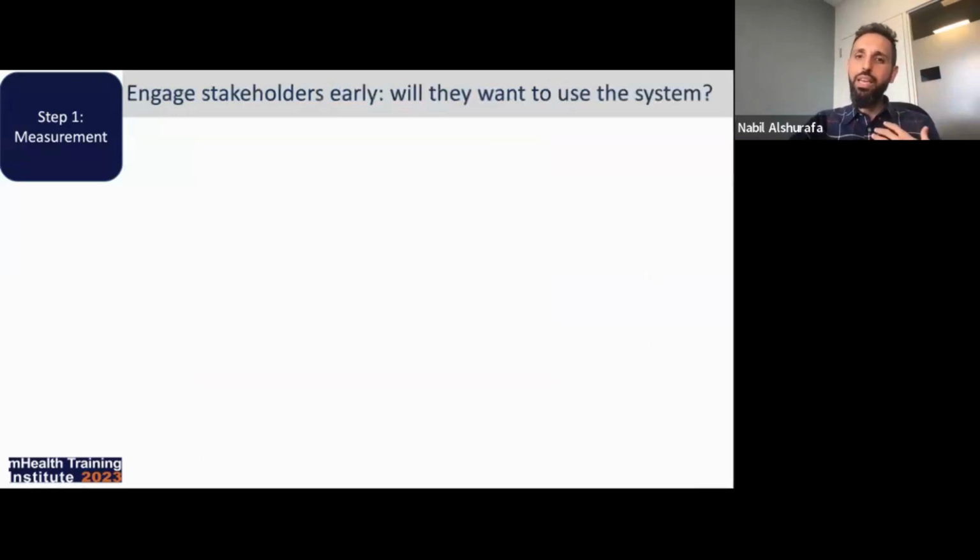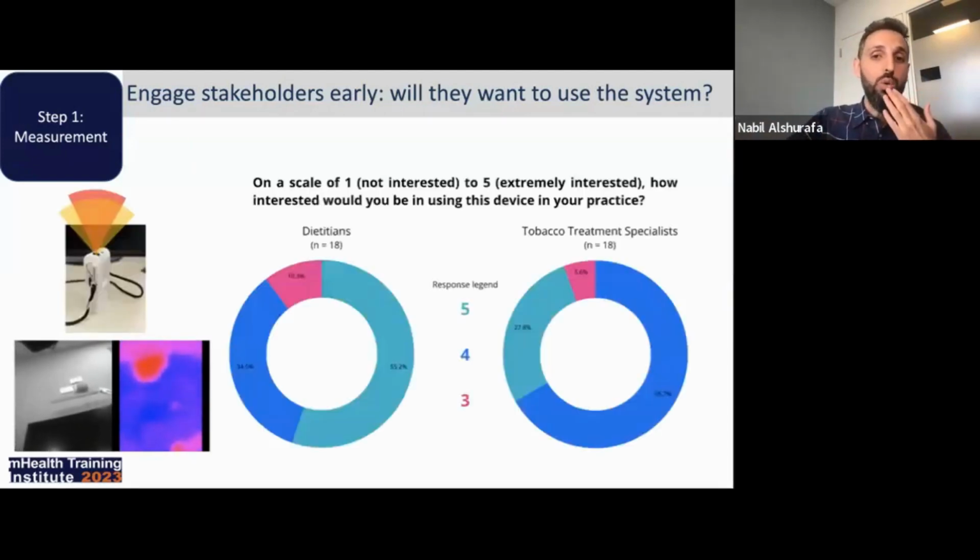Another important thing that I like to highlight to a lot of researchers is to engage stakeholders early. Many times computer scientists, especially engineers, when we're developing these devices, engage stakeholders late in the game. And this is a problem because we can't really understand their acceptability. So we might be developing a system or a device that people have no interest in using. In one example here, we showed clinical dietitians and tobacco treatment specialists our wearable camera.